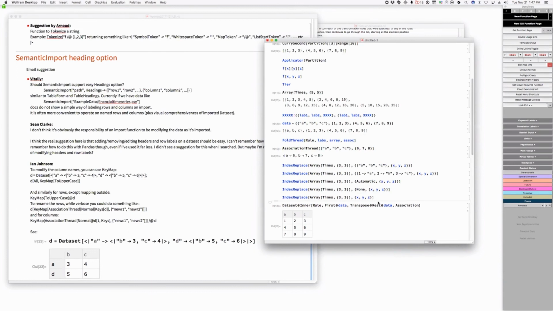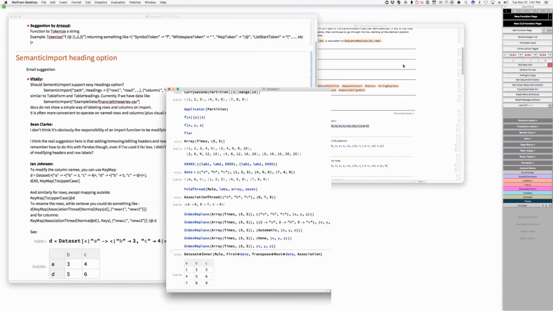Next, rename, index. What would you call this? So I'm thinking that this is related to keys and association. So some keying, or could it be an extension of association thread? Let's remind ourselves how association thread works. I don't think so, would be my guess. I think association thread,